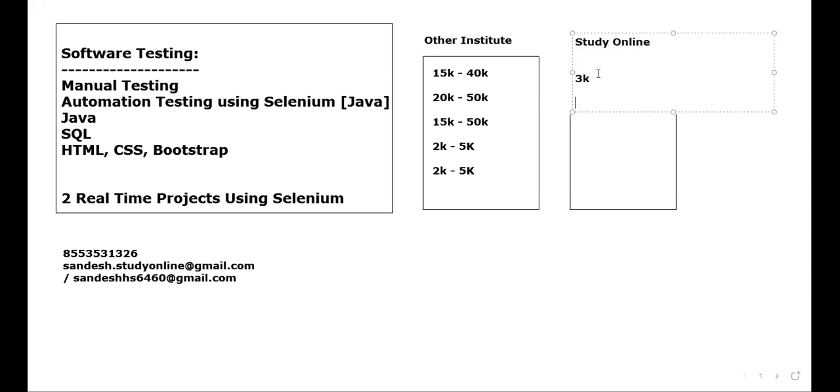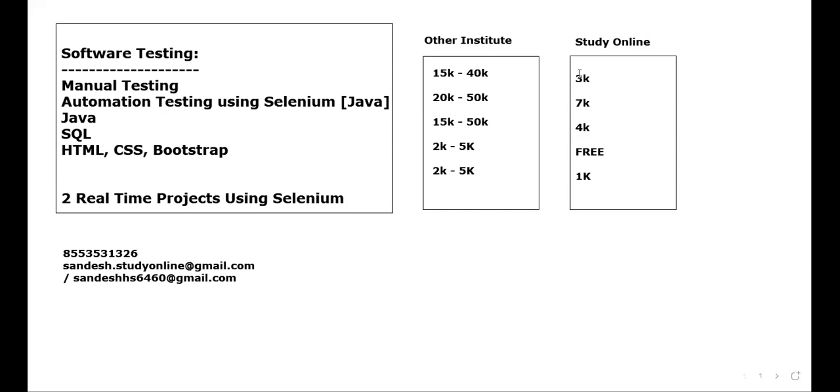Okay. Sir, what about automation testing using Selenium plus two real-time projects? Shall I keep it as 7,000? And for Java, if you're taking only Java till collections, I'll keep it as 4,000. Next, for SQL, I will give it for free. For HTML, CSS, I'll keep 1,000. Now, sir, why are you giving SQL for free? Because at least you should see the quality of my content and teaching. Everybody attending the session, I will tell you where you'll get the HTML and SQL course for free.